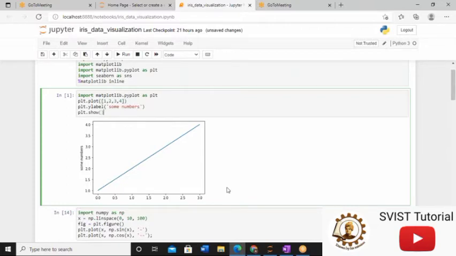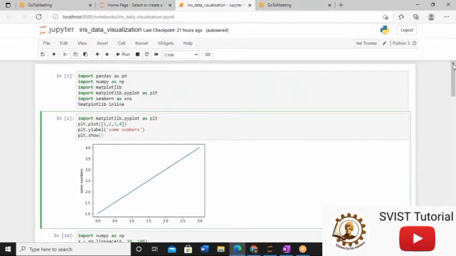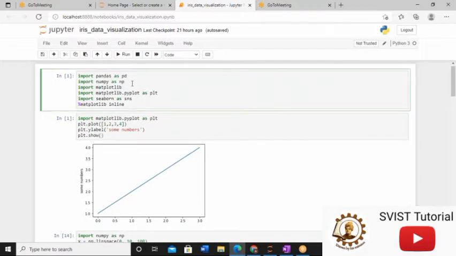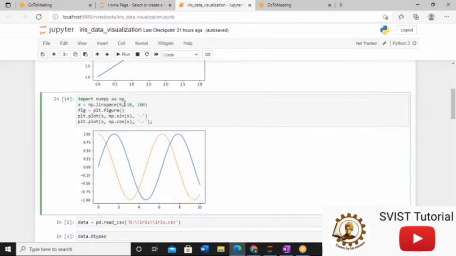You have to take care of these points. What is that? This is not the only way by which you can represent your data set. We have so many mechanisms by which you can plot your data set. For example, there is one beautiful library known as NumPy, and NP is the alias of that library. Here, I have used this NumPy library.